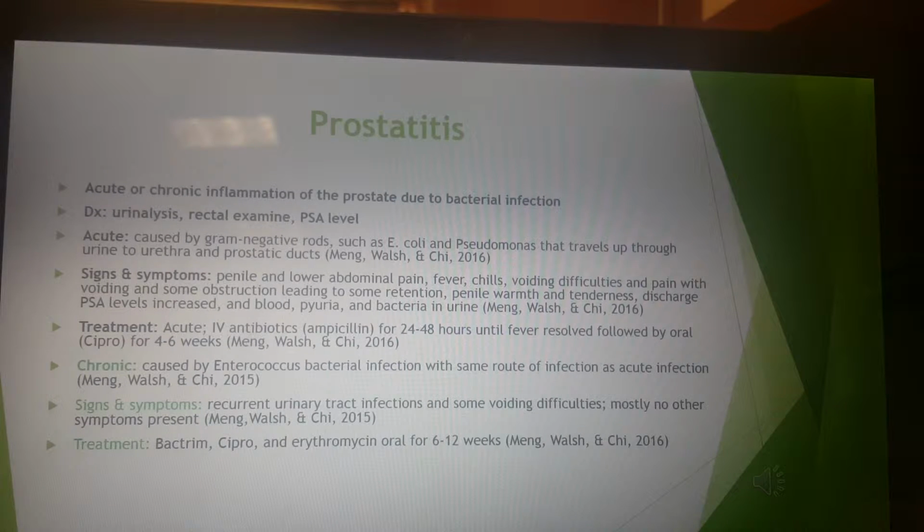Chronic condition is typically caused by Enterococcus bacteria. Signs and symptoms are usually recurrent urinary tract infections and some voiding difficulties. Mostly no other symptoms are present. Treatment is Bactrim, Cipro, or erythromycin orally for